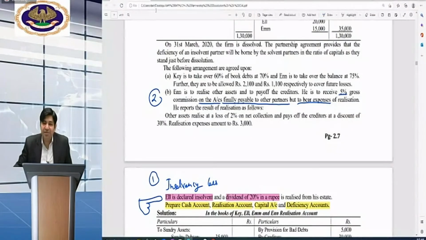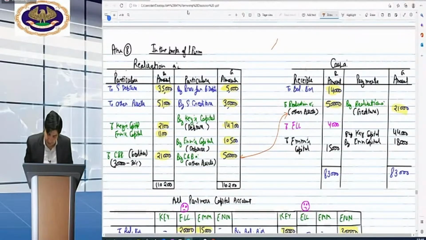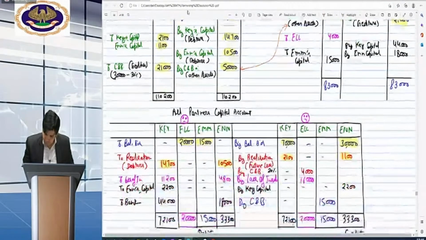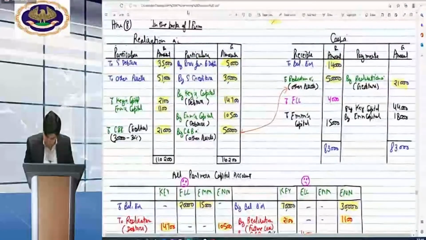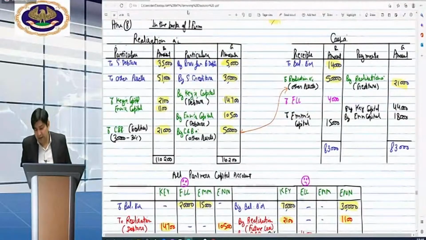So Mr. D is enjoying, Mr. D has to bear the expenses of his party. That was the example. Anyways, now I am preparing the realization account. Although you have told it, I still have the duty to prepare. See, there is nothing which can be called profit or loss on realization. There is no profit or loss on realization. If any profit or loss on realization is there, then that has to be distributed in the profit and loss ratio. Okay, beta?